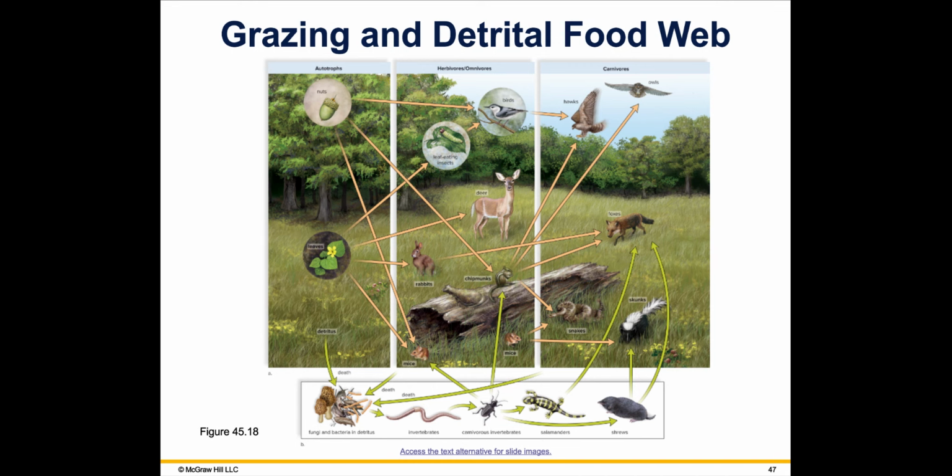So it's very interconnected, and it's a reason why ecologists study this, so that we can place a value on preserving and protecting species because of their role in these food webs. For example,